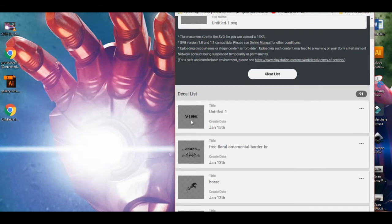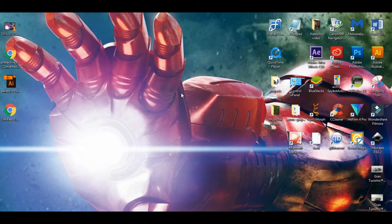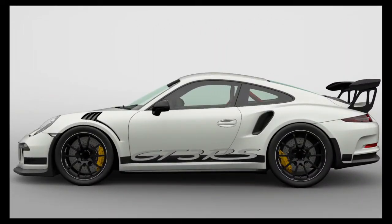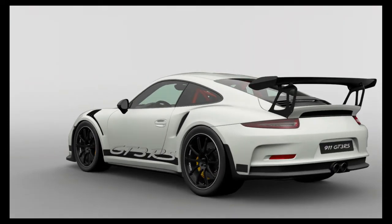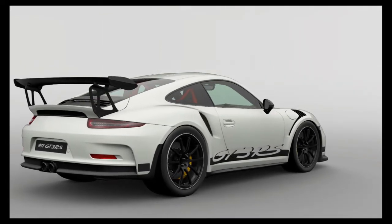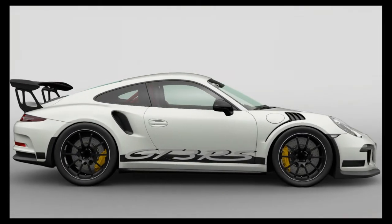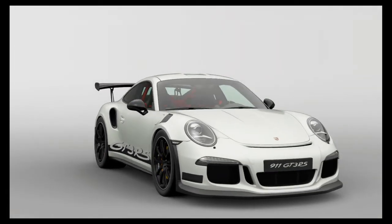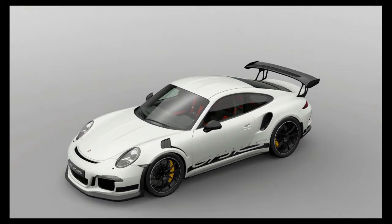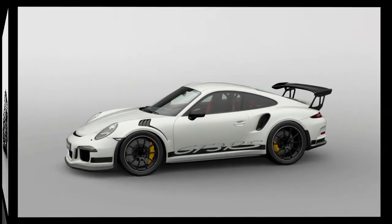Simple as can be. So, if you're into making a simple design, or a more complicated livery design,